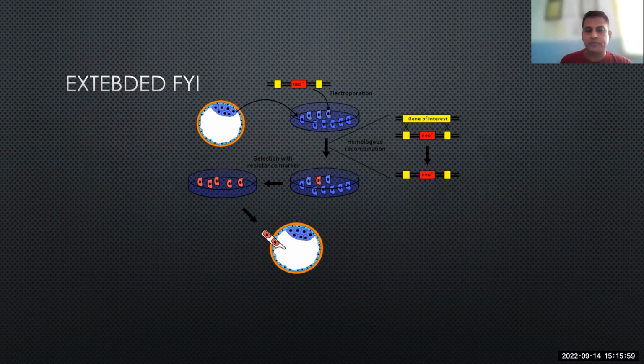it will be important. We take a cell from the blastocyst, and then we add the gene which is mutated to these cells, and after that, these cells are placed back in the blastocyst. So the blastocyst has mutated cells and normal cells. The red color ones are the mutated cells, and the blue color ones are normal cells. After that,